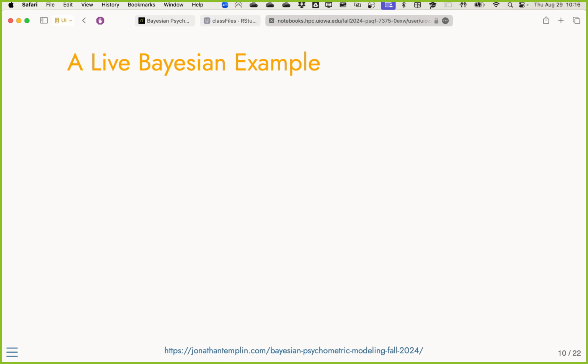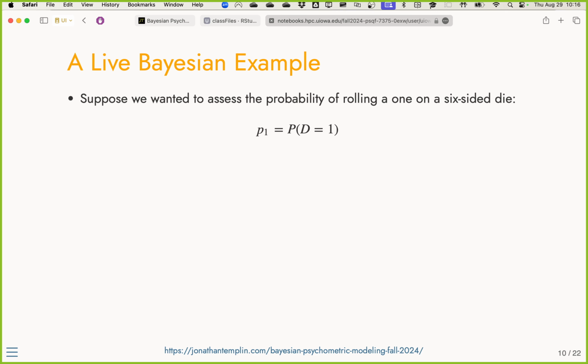All right, let's talk about a live example here. Let's imagine I had a die. When I taught this class the last time, I actually brought a die to class, but you just pretend. Here is one single 6-sided die, numbers 1, 2, 3, 4, 5, 6. I roll it, it lands with one number up. That's the number I take. Let's say we're looking for the probability of rolling a 1 on that 6-sided die. This is the worst game of craps that you'll ever see. Those of you who gamble, remember, Bayesians are gamblers, sort of. Anyway, never mind. The probability that the die has a 1 on it when we roll it is P1.